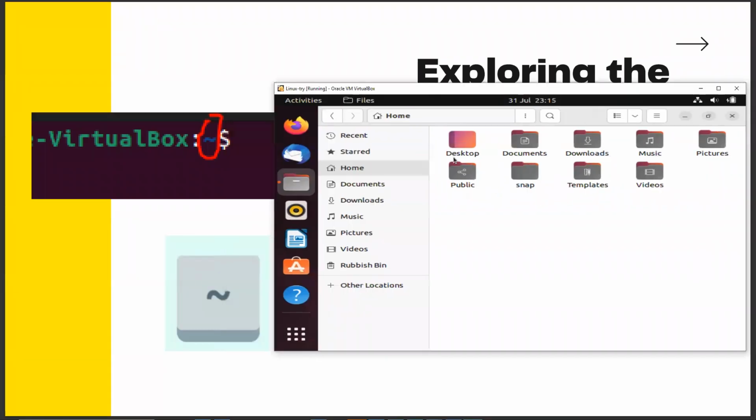So when I said the tilde represents the home directory, all I'm saying is that once I click on this thing, all the stuff I see here, I should be able to see them here in the command prompt. So what I'm trying to say is that assuming this is the home directory,